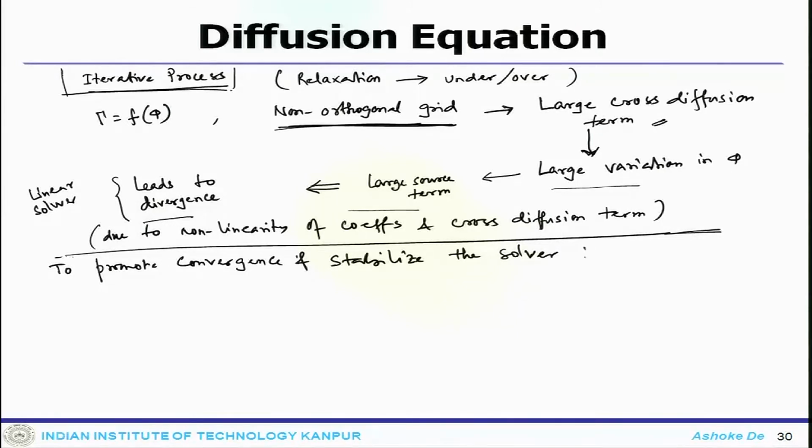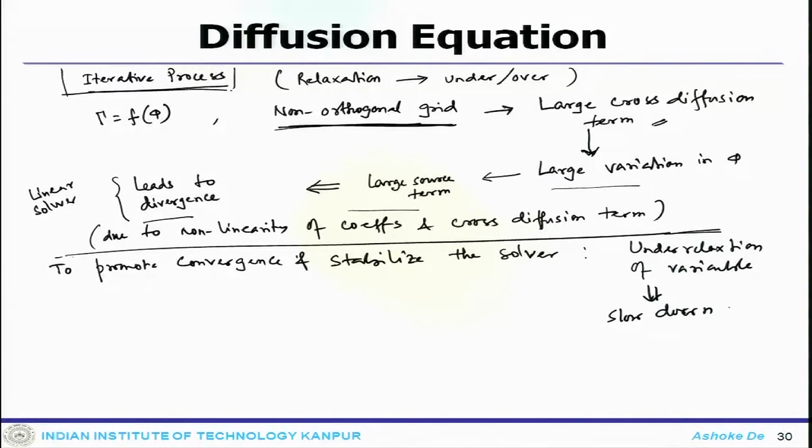One has to do some sort of under relaxation of the variable. So, you need to slow down, which means essentially slow down